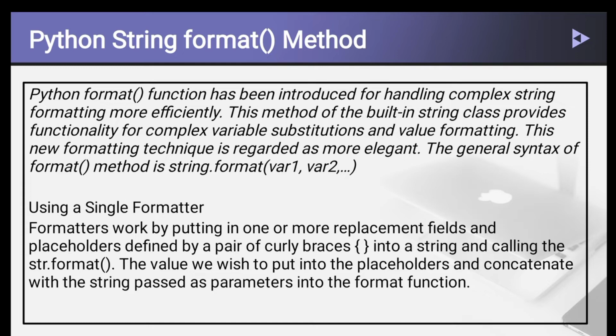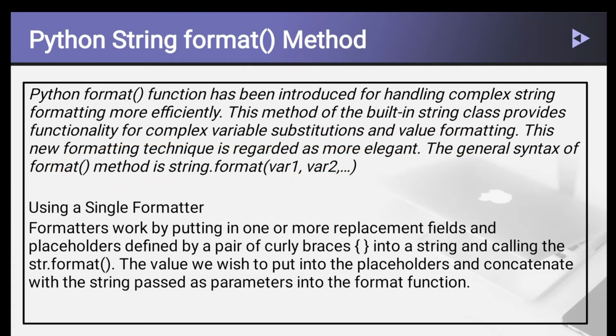Now let me discuss the Python string format method. The Python format function has been introduced for handling complex string formatting more efficiently. This method of the built-in string class provides functionality for complex variable substitutions and value formatting. This new formatting technique is regarded as more elegant. The general syntax of the format method is